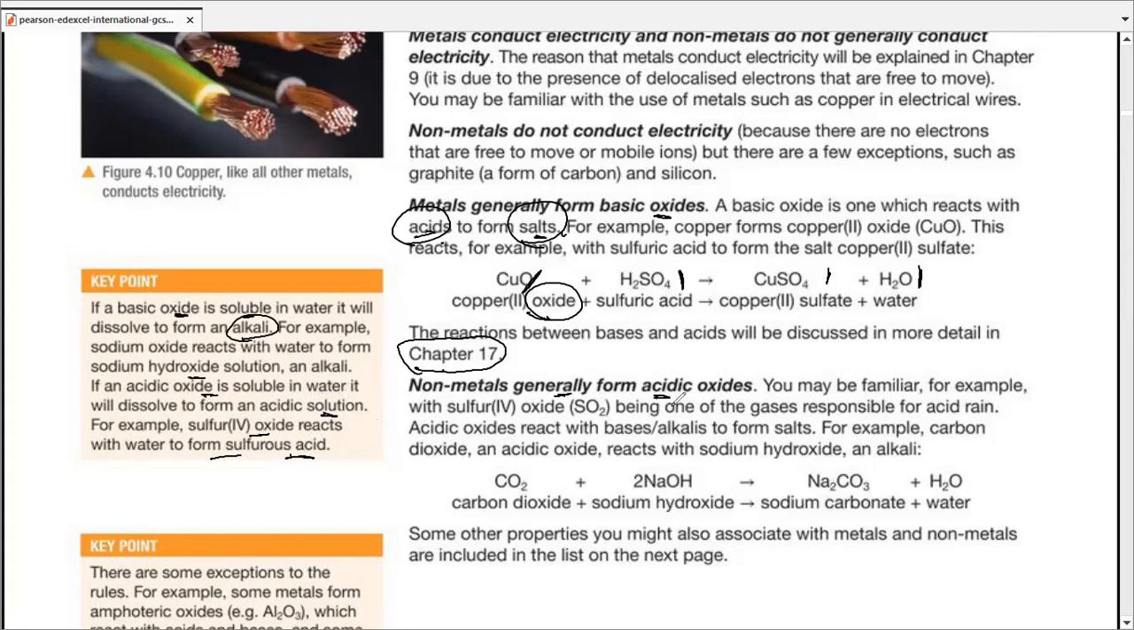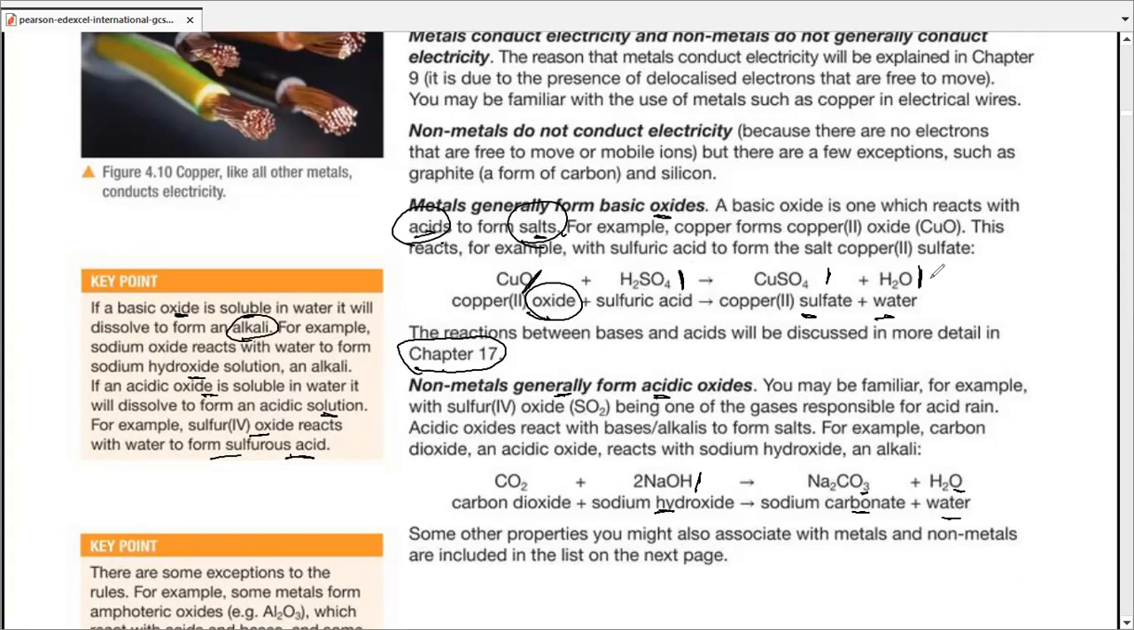Non-metals generally form acidic oxide. Now, exactly opposite to basic oxide, acidic oxides are the ones which can react with a base or an alkali to form salt and water again. So these oxides are exactly opposite to one another. Acidic oxides react with bases, basic oxides react with acids. They form the same thing, salt and water in every case,